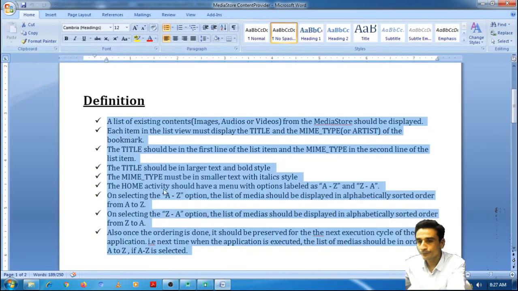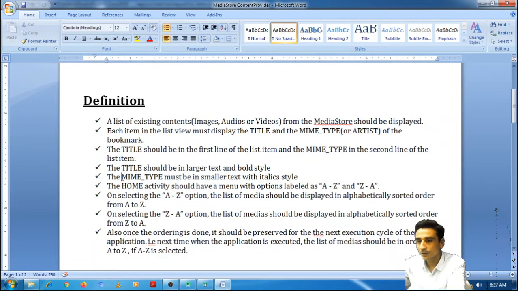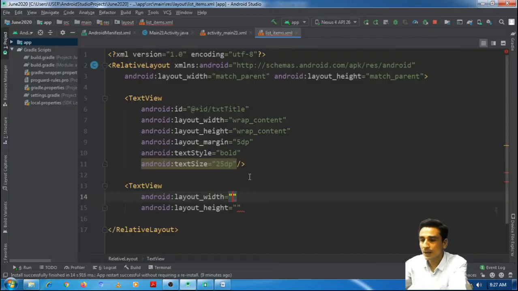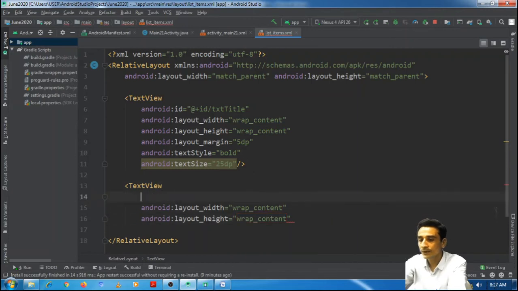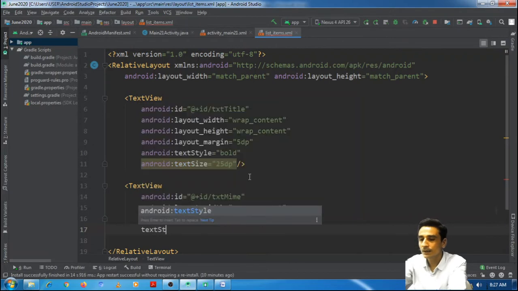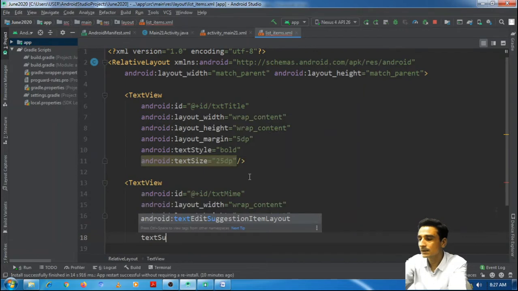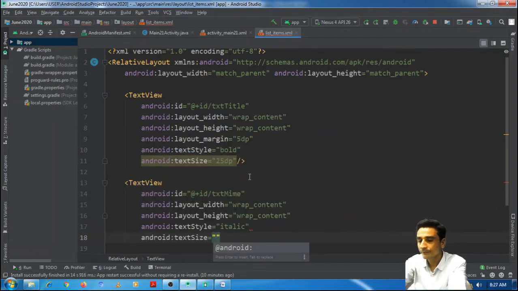And in another text view, we are asked that the MIME type must be smaller, and it should be in the second line. So the MIME type should be below the title. The ID of this text view I should set txt MIME, and finally text style italic, text size 15 dp.